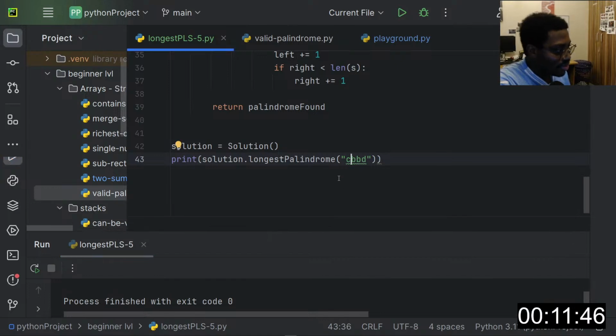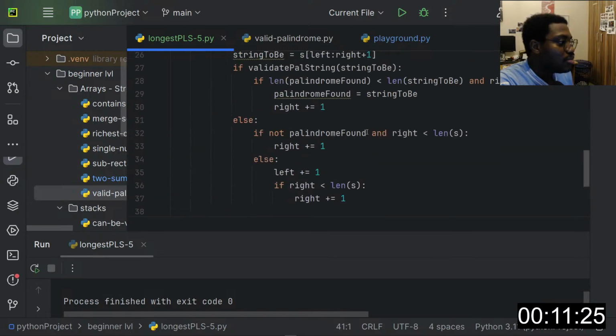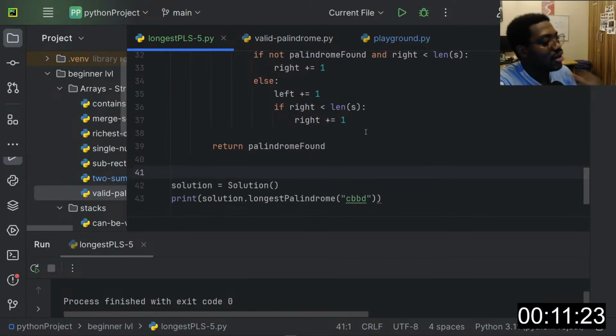What happened? I mean, CB is not a valid palindrome. So we move to this place. This is also not a valid palindrome. Oh, I see. Then we are here. So we move all the, okay, okay. So which means that, ha, there has to be a condition where